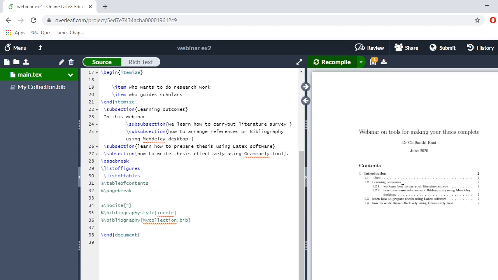Here if you observe contents, it has taken one as introduction, its page number it has assigned, and subsection 1.1 its page number, and 1.2 its page number, 1.2.1 again its page number. So automatically the software itself will align all these. So nowadays all the textbook authors are using this LaTeX software only. Right, now let us see this bibliography, how we want to include.